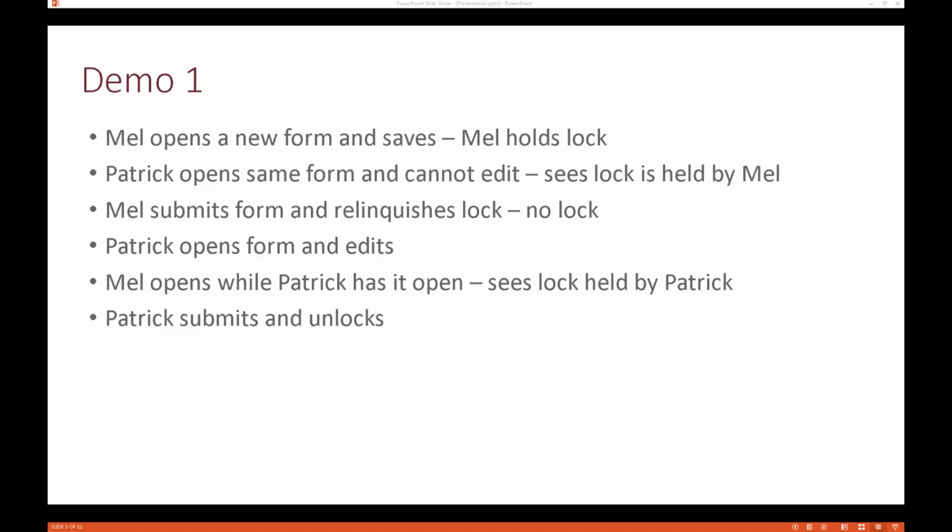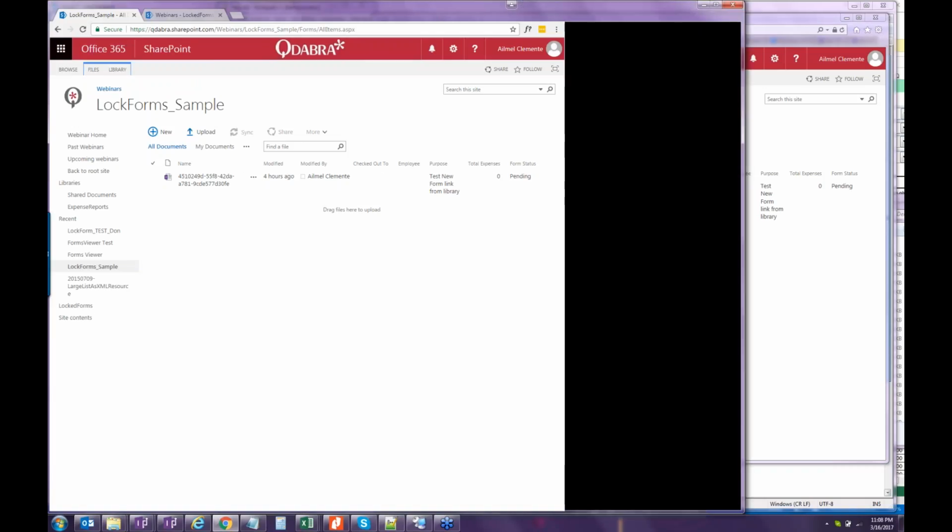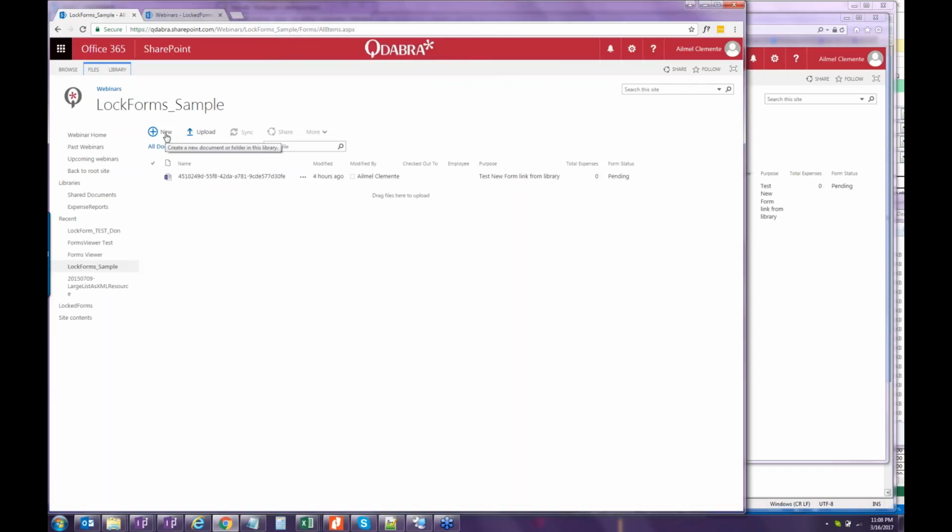The first thing we're going to do as part of this demo is we're going to have Mel open a new form and show you that she can lock it. We're going to show you how we did the locking, the custom control, after we show you what it looks like after you're done. So we're going to jump to the end first, and then we're going to come back and show you exactly how we did it. So she's just in a normal SharePoint library here. She's going to click on New,